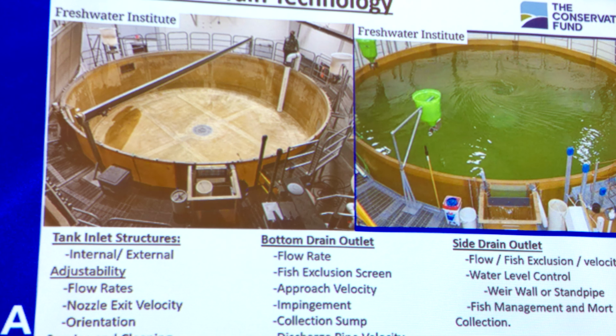So what we're trying to do with dual drain technology is provide the right environment for the fish in the tanks, provide the right swimming speed. So this is very applicable to salmonids, trout and salmon culture. But we're also trying to manage the solids in the tank and remove the solids from the tank quickly and provide a really nice, well-mixed environment for those fish. So some critical design elements for the inlet structure: it can be internal or it can be external to the tank in some cases. And it really needs to be adjustable for flow rates. The nozzle exit velocity needs to be adjustable, and the orientation of that